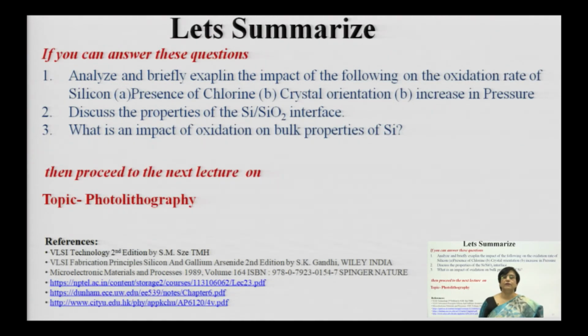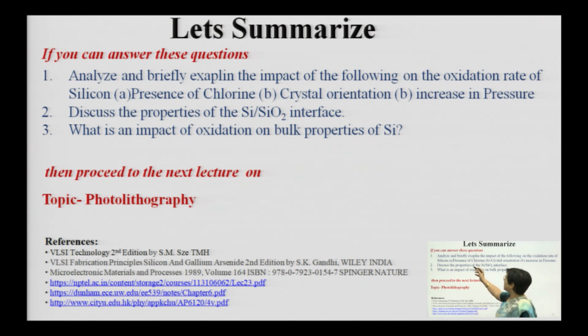So, you have studied different applications, and different ways in which the parameters affecting the oxide growth can be explored to utilize the oxidation in a proper manner.